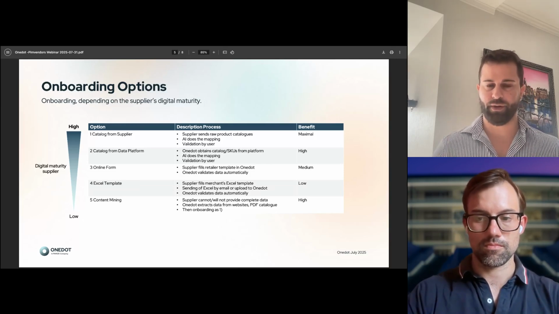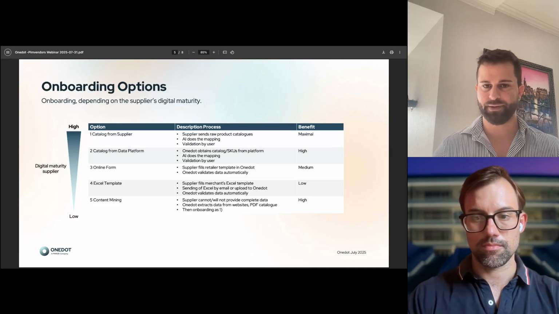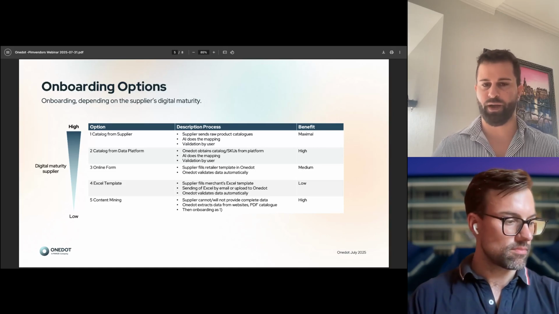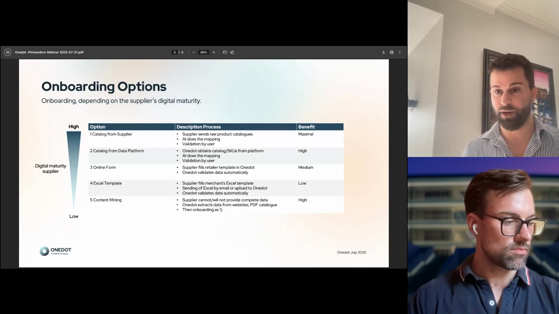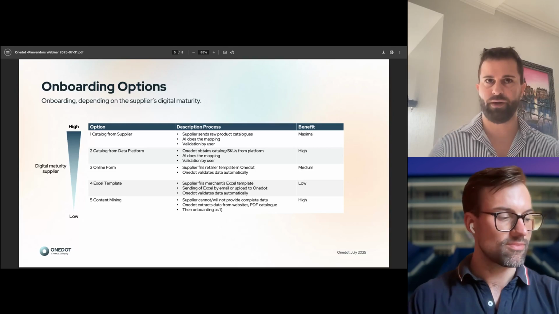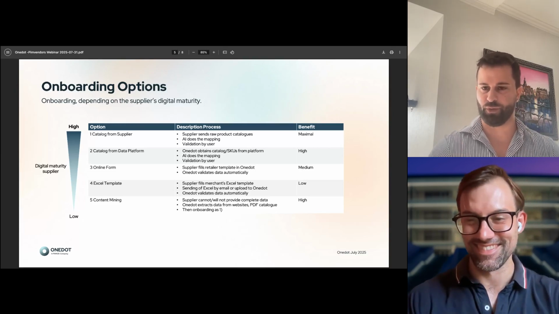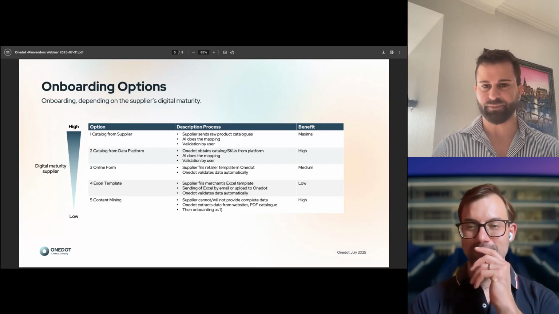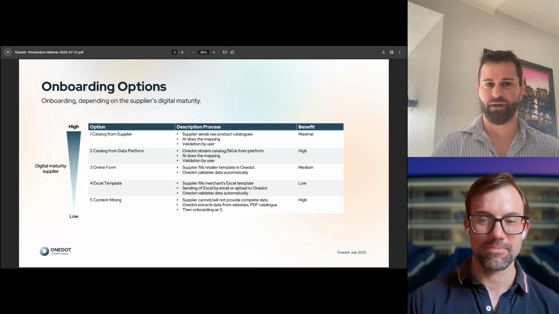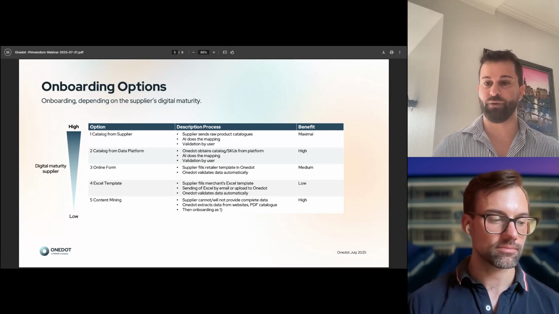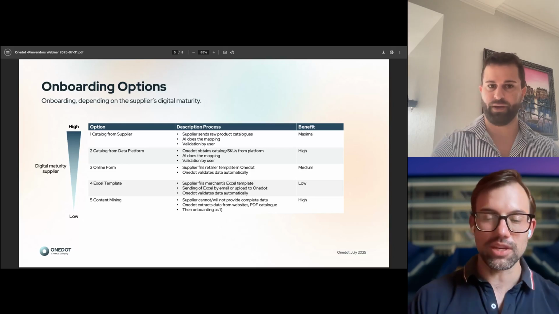But if we look at a retailer that has 500 suppliers, there is not one perfect way for the supplier to get product information to the retailer. We call it, there is not one way to Rome. There are different possibilities to go to Rome. Which means we have different options and different use cases for the suppliers.